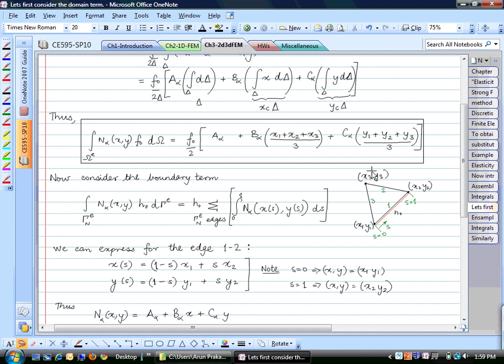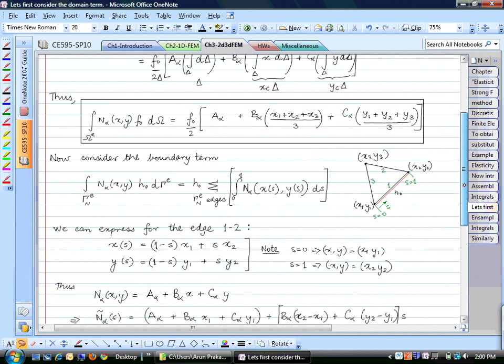So the shape function corresponding to node 3 is 1 here and 0 here, right? So the value of this n3 is going to be 0 all along if you consider edge 1 to 2. So we already know that the third component of our force vector is going to be 0, which leaves us with n1 and n2. So to evaluate n1 integrated along the edge, what we do is we are going to